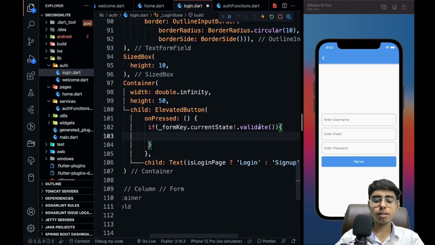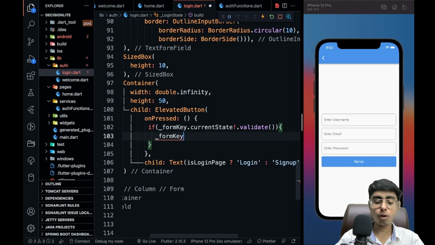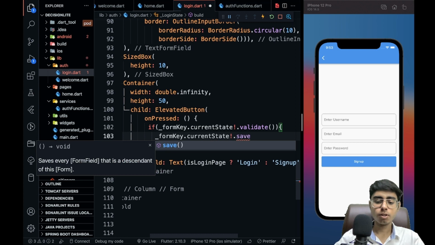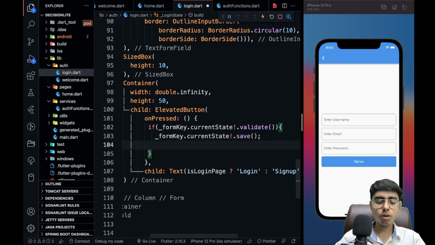If it is validated, then I'm going to first of all save the form key. That means I'm saving the form key dot current state dot save, so that all the variables will have email, password and username respectively. It will be saved, and then I'm going to check if I am on login page,